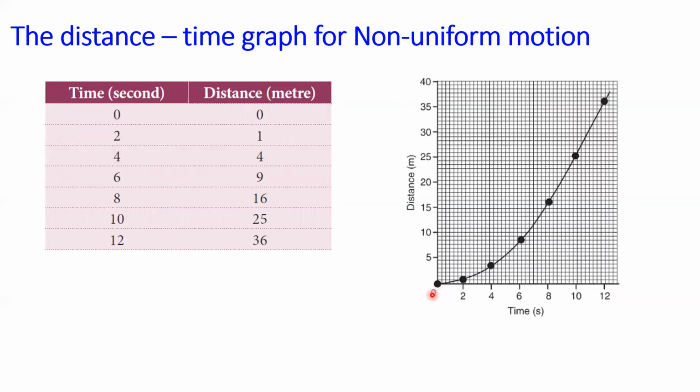With the previous case, we got a straight line. In this case, we are not going to get a straight line. This shows that the car is moving with non-uniform speed. When you take the slope between any 2 points, as we calculated in the previous case, the slope value will not be found to be constant. Now, we are going to draw the graph with velocity and time. Time is taken along the x-axis.